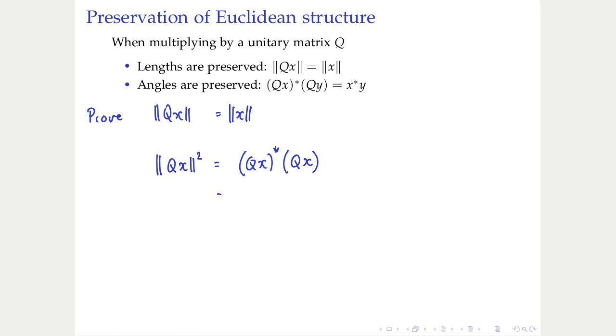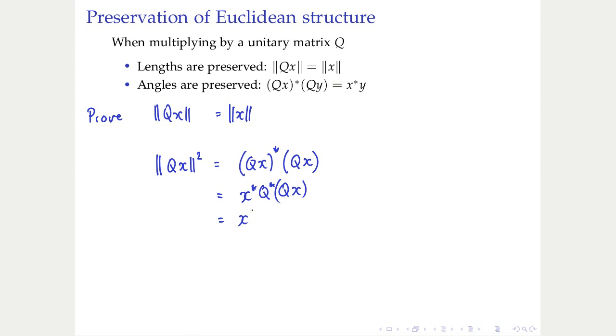That's what we said before. When we take the adjoint of a product, it's the same as the product of the adjoints, but with the vectors and matrices written in the opposite order. So x* Q* times Qx